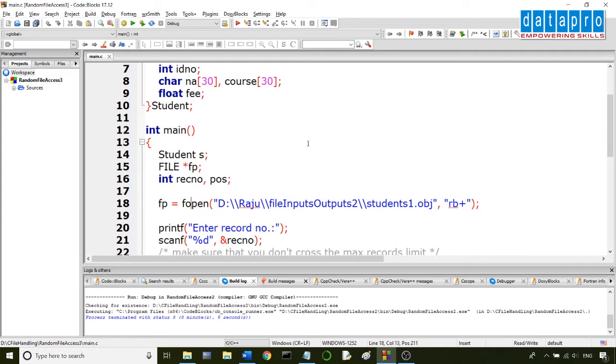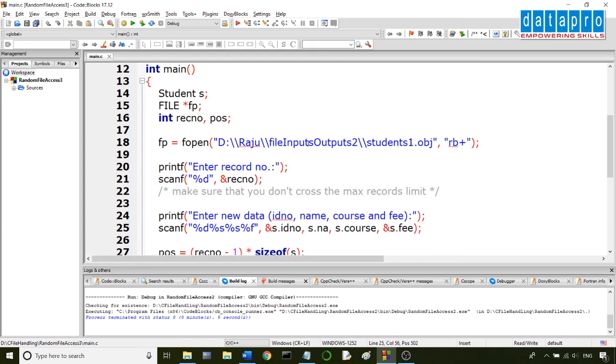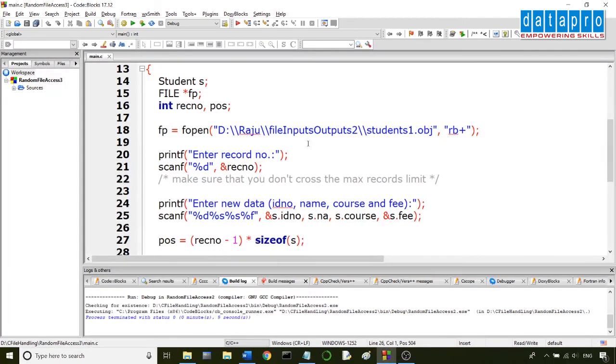Now see, in this program we want to update, that means do some writing, as well as display all the records to check whether the updation has taken place or not. So we want to do both. That's why I have to mention read in r+ mode. Plus indicates also perform writing, meaning updating the data. So both operations, reading and writing, we want to perform on the same file. Of course in binary mode.